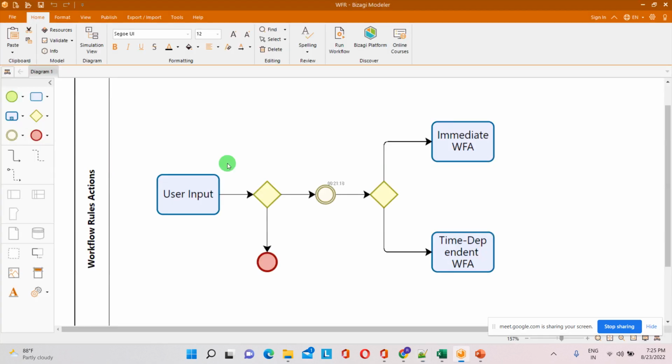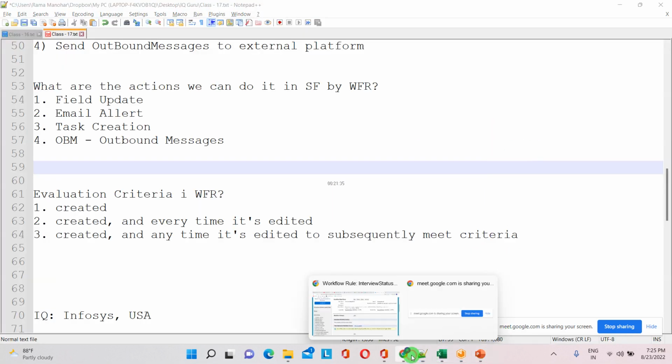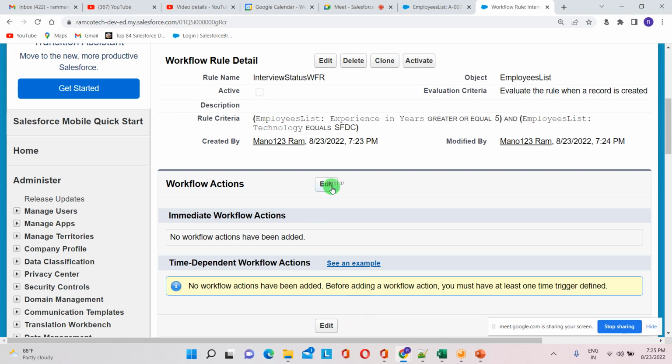In immediate action we can make four types of actions: email alert, field update, outbound messages, and task update. We can do it in immediate workflow, and time dependent also we can do it. So now we can see the immediate workflow rule action. Just click on edit,